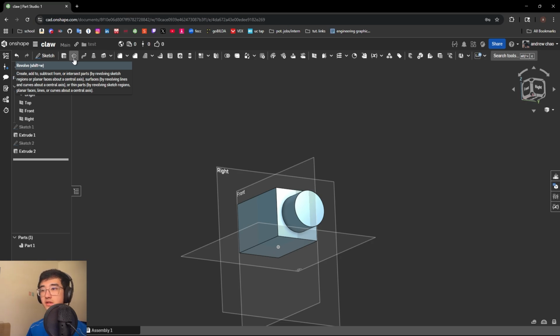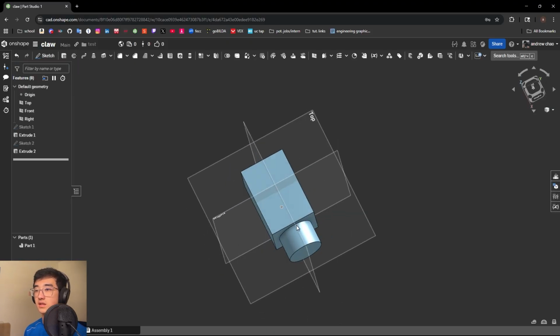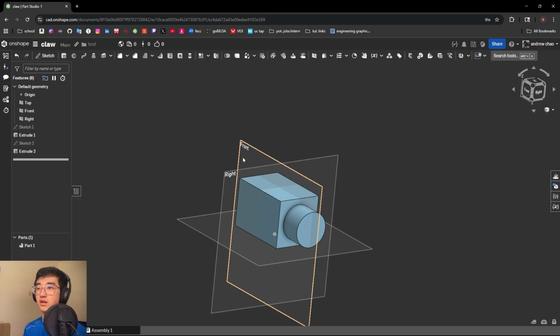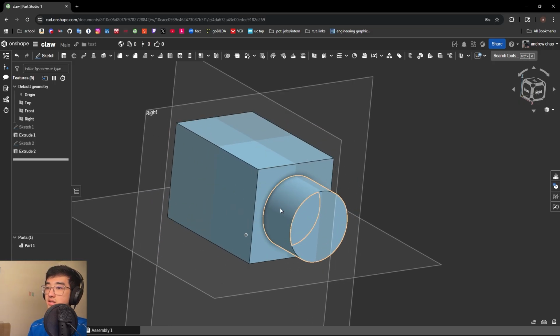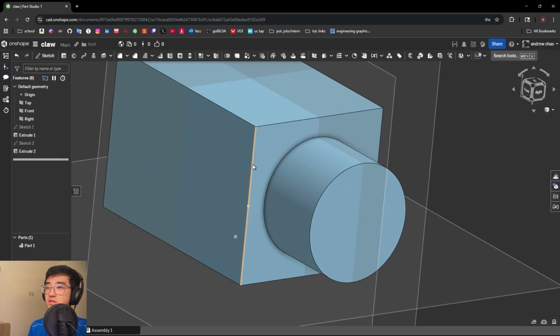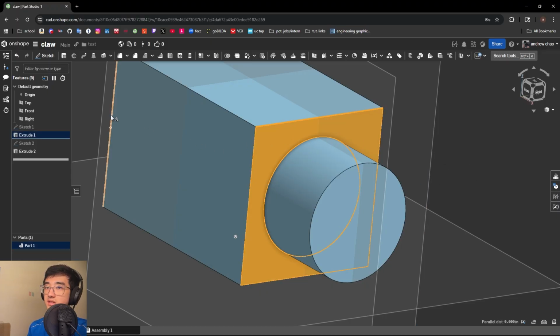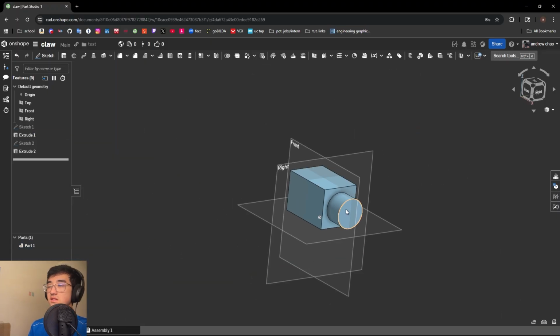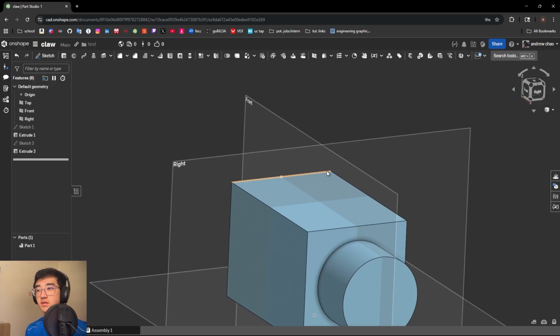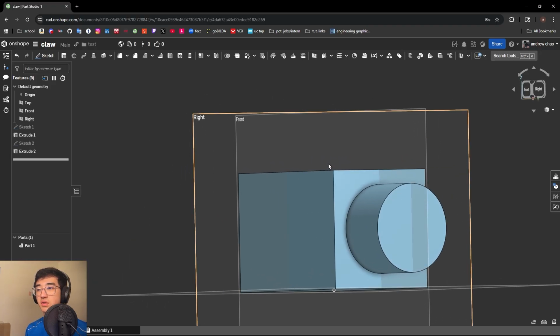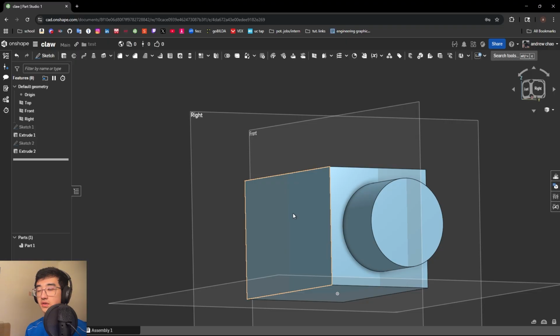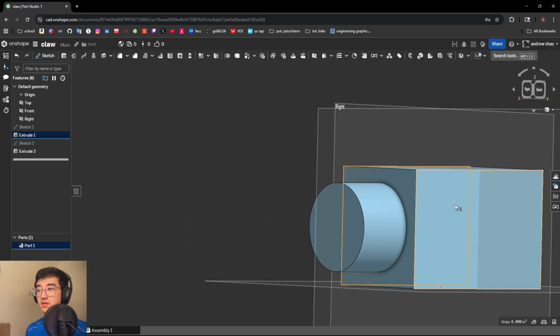work on Revolve. Revolving is basically taking a face and revolving it around some kind of axis. But we do have to define our own axis first. And axes are usually straight lines. So lines like this is an axis, this is an axis, over here is also an axis. But let's say we want to revolve a circle starting from this point of the box to this point of